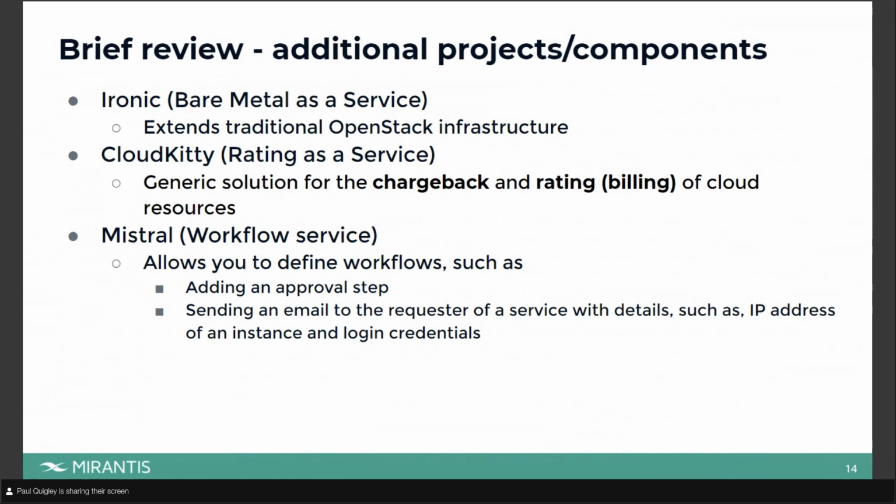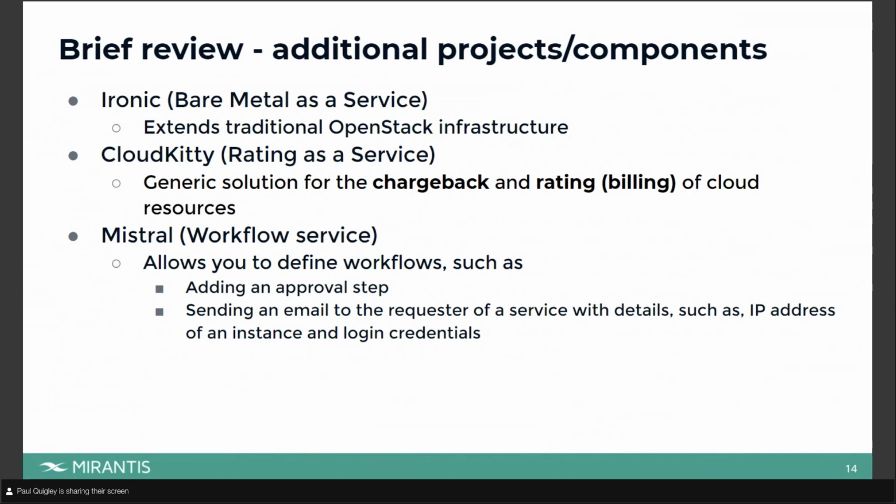That's just one step in the workflow. So you may want to add in a step before that for an approval. So for example, if they request more than 64 gig of memory, that has to be approved. So you get an administrator involved,